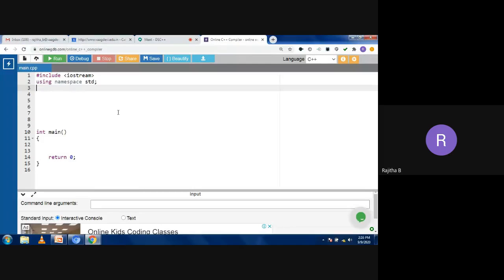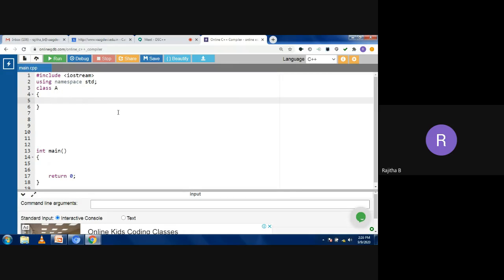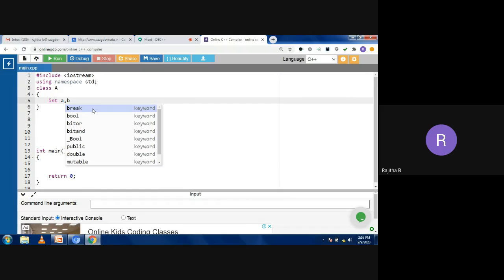Now this is the editor, I mean an online compiler. So I'm going to take a class here, and I'm taking the class name as A. Next, I'm taking some data members like int A, B, or you can take only one member also for easy understanding, which I'm taking as one data member.